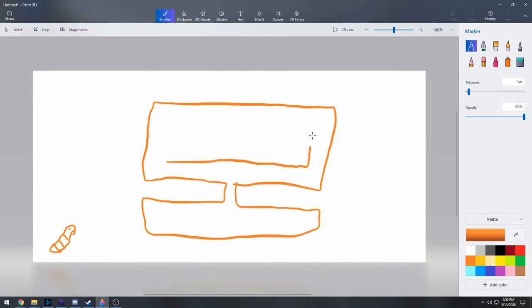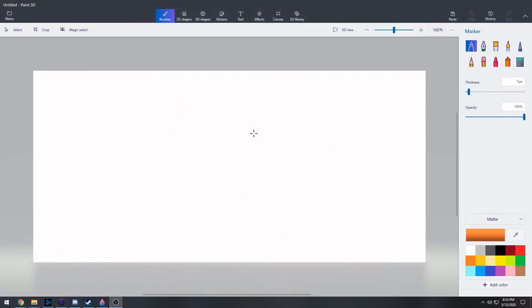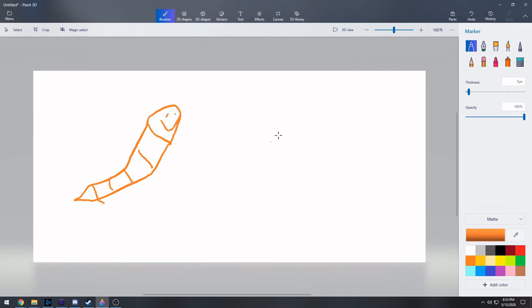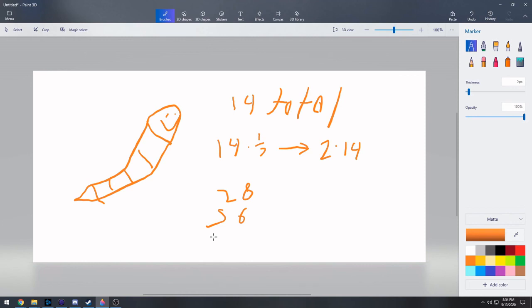Now, the Morris worm is tiny. Can't crash a computer on its own. But that 1 in 7 chance, as long as there's more than 7 computers, is still exponential growth. So say we start with 14 total. 14 times a 1 in 7 chance, and that's 2. But that's 2 infections per computer that has the worm. So 14 becomes 28, becomes 56, becomes 112, and it's still exponential growth,